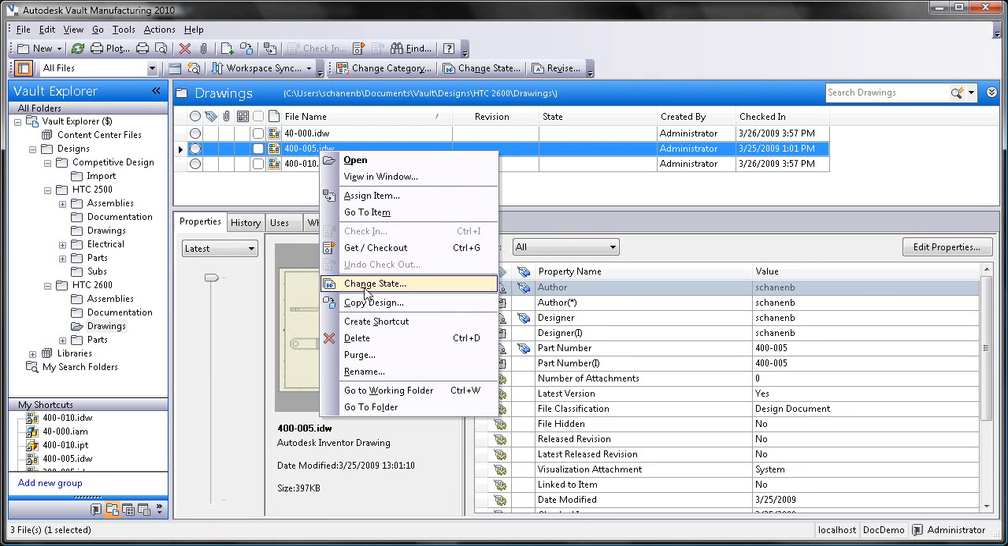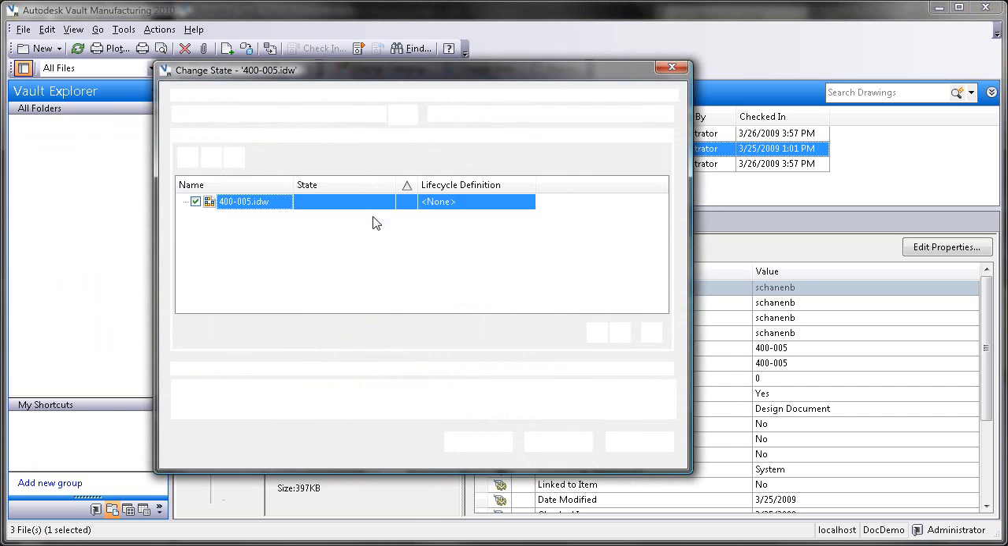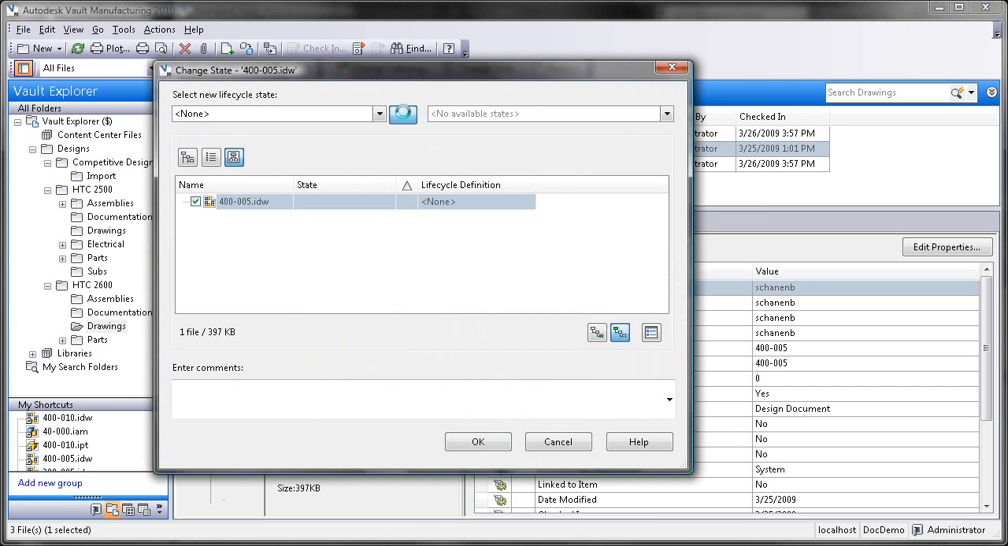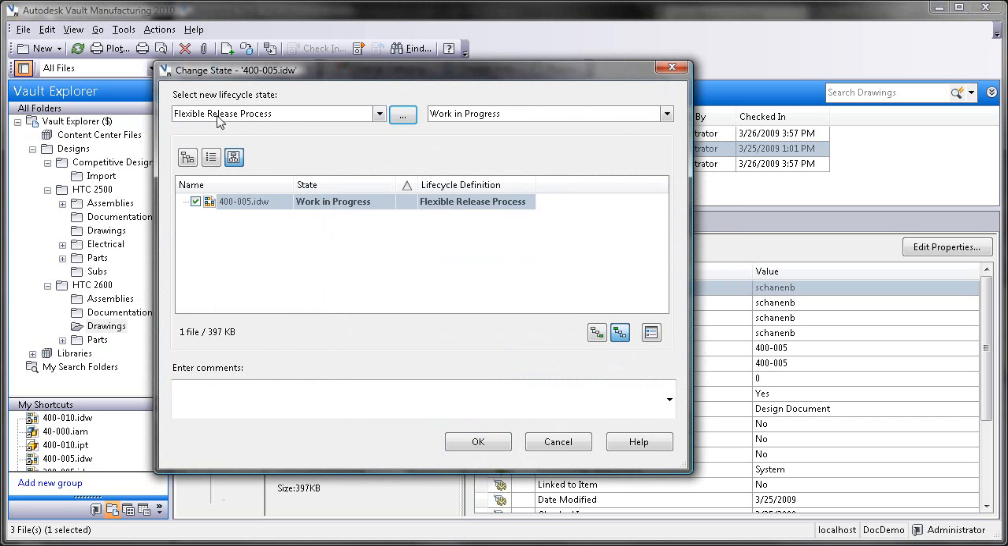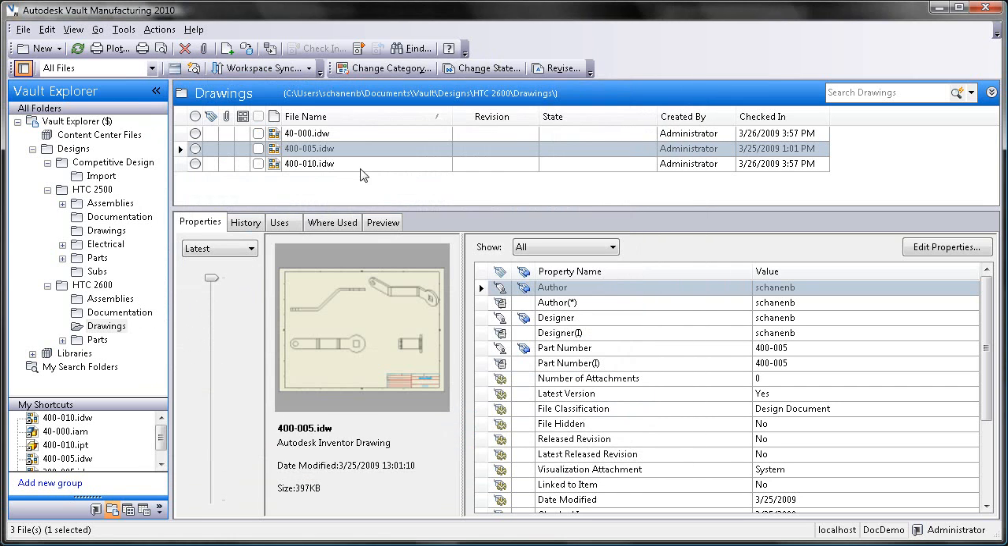So a simple right click to change state, and I'm going to choose one of my release processes. We'll talk about this a little bit later. Remember, the flexible release process is a definition. It's a collection of lifecycle states to choose from. But in this case, I want to say that's work in progress. Don't look to this yet. We can enter a comment down here, but by declaring this a work in progress file,